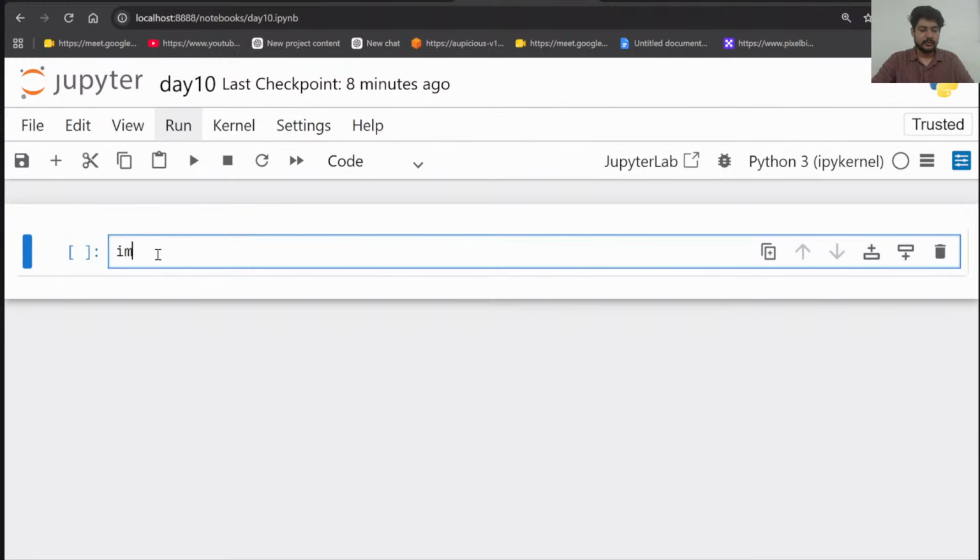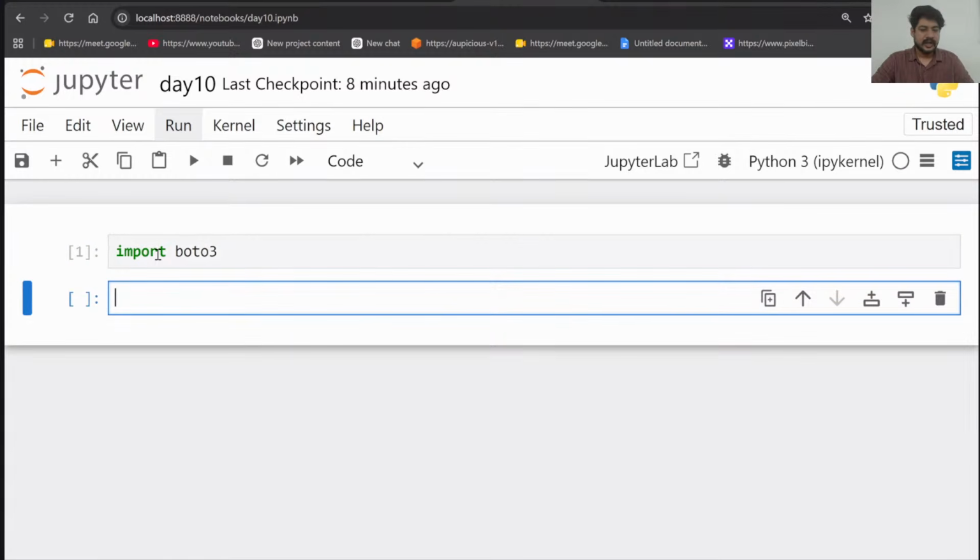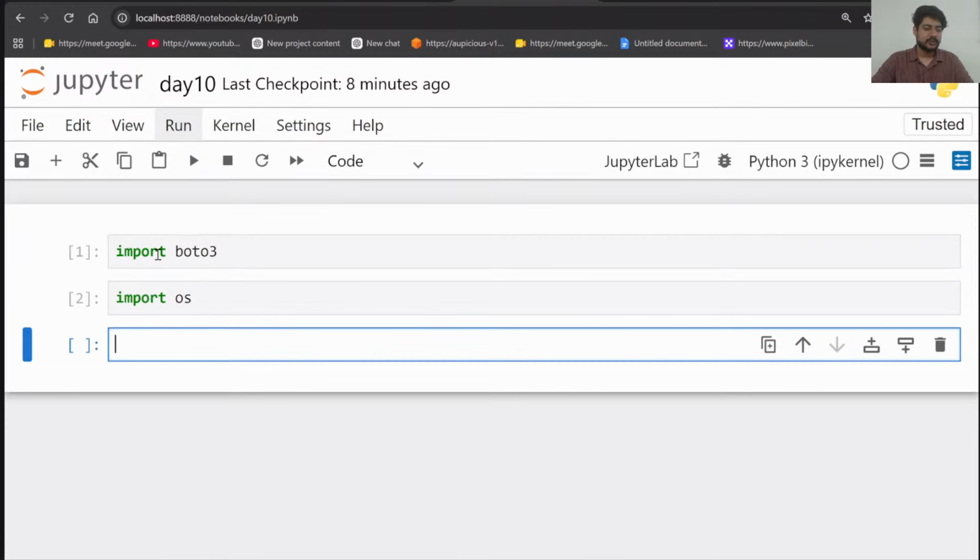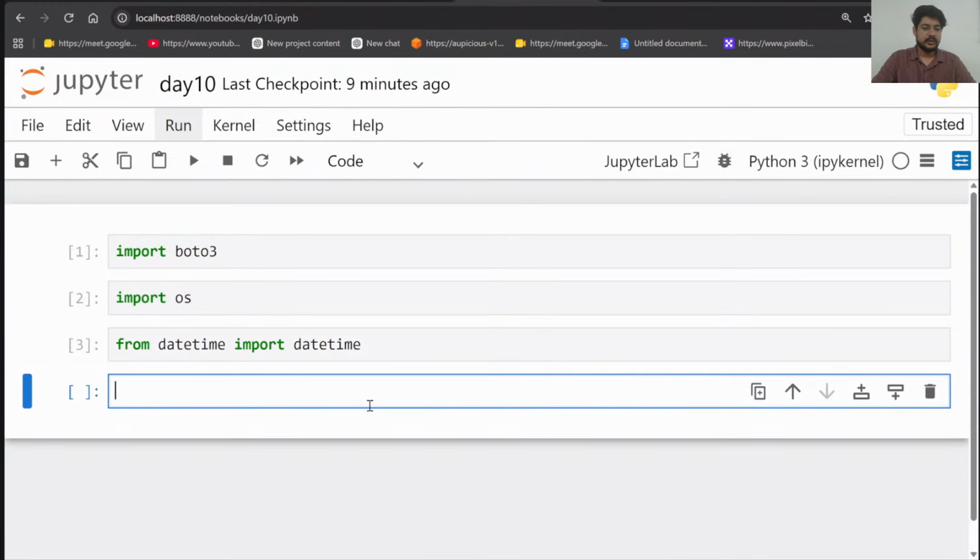So first thing, I want to import one library called Boto3. This library imported, and inside this, I want to import one more library called OS. The OS module of Python will help us technically load all the files, right? For example, if you want to run the OS level commands, we'll use the OS library over here. But I want to import one more library called datetime. Inside datetime, guys, there is an option called datetime only. So datetime is the name of the function. If I run this, it will import all the files over here.